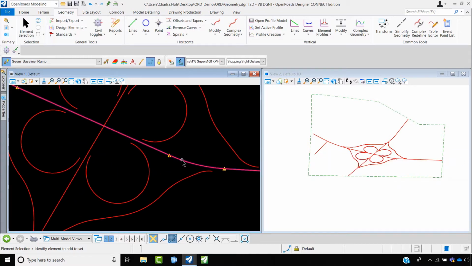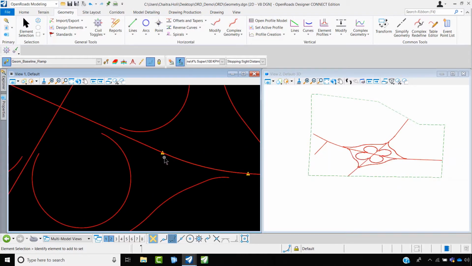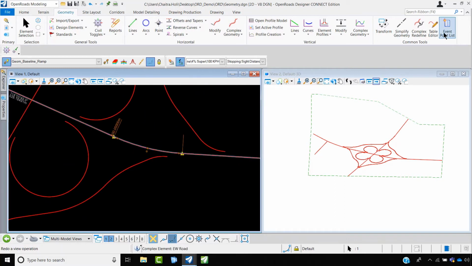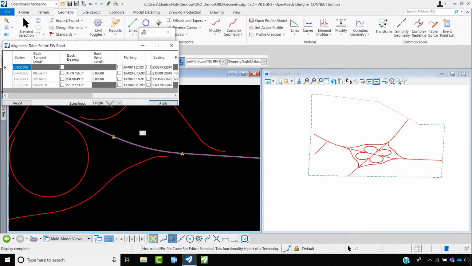Just come out of this. Now in order to edit, I want to add a spiral to this. You could go and edit under this geometry type is table editor, locate the alignment,